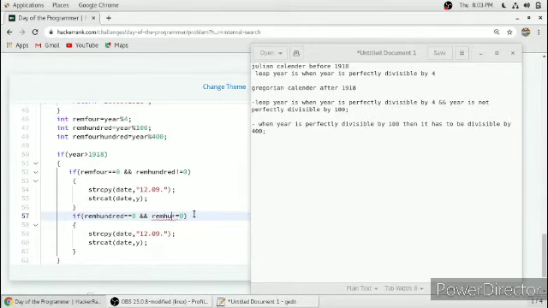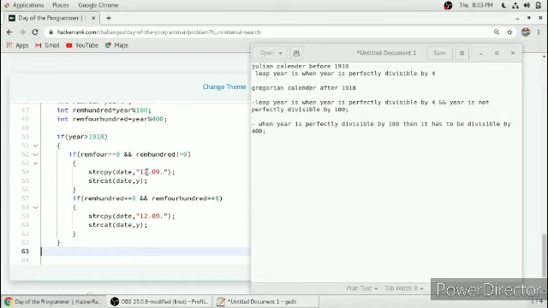So remainder of 100 equal to 0 and remainder of 400 also equal to 0, then it is also a leap year, and we use the same strcpy and strcat functions. So this is the logic for the Gregorian calendar system, that is after 1918. Before 1918 the logic was simple: if the year is perfectly divisible by 4, then it is a leap year.